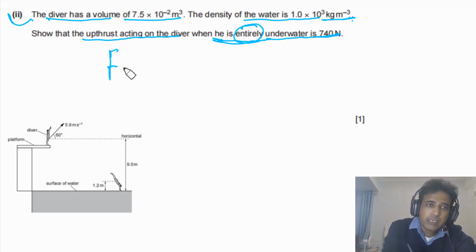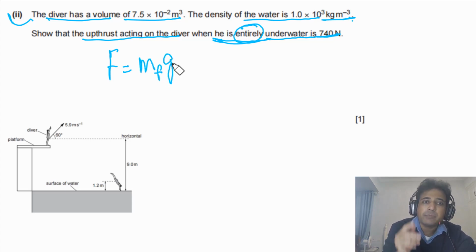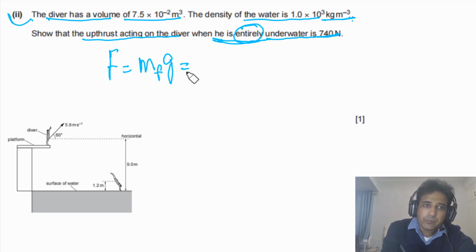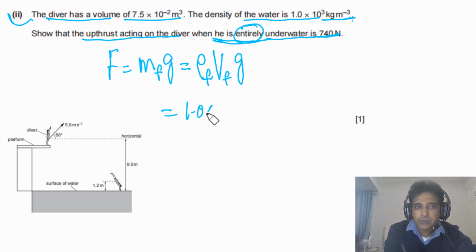Simply, we can say upthrust in this case will be equal to the mass of the fluid displaced times g, which simply means it is equal to the weight of fluid displaced. And the weight of fluid displaced, we can write down in terms of mass. This will be equal to the density of the fluid times the volume of the fluid displaced times g. The density of water we have is 1.0 times 10 to the 3 kg per cubic meter, and the volume